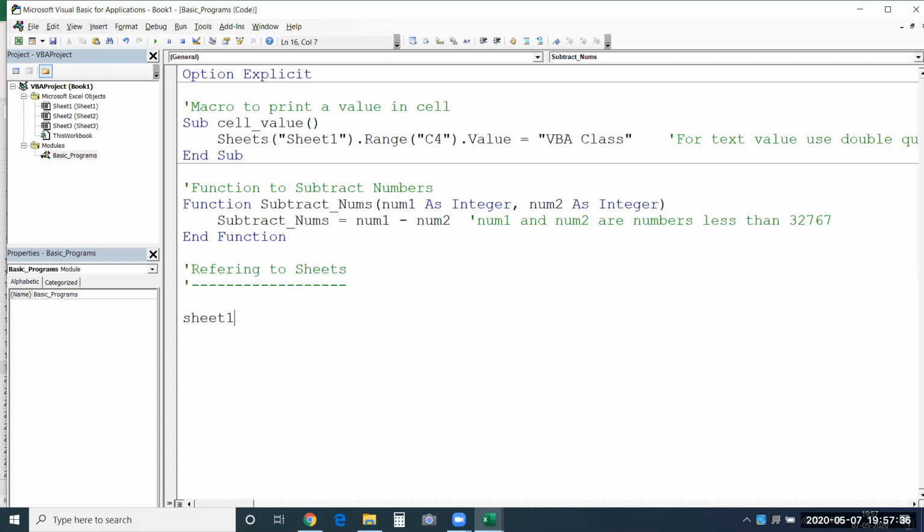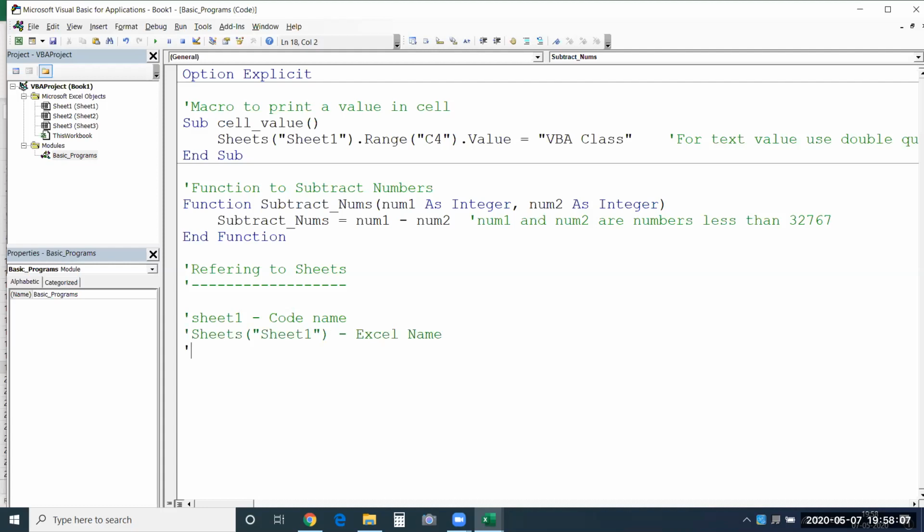Sheet 1 is the code name that is available to us, so I'll mention this is the code name. I'll tell you the difference between code name and Excel name. If you are referring to this particular sheet using the Excel name, you will say Sheets of, and you provide the sheet name inside this within quotes. So this is using the Excel name.